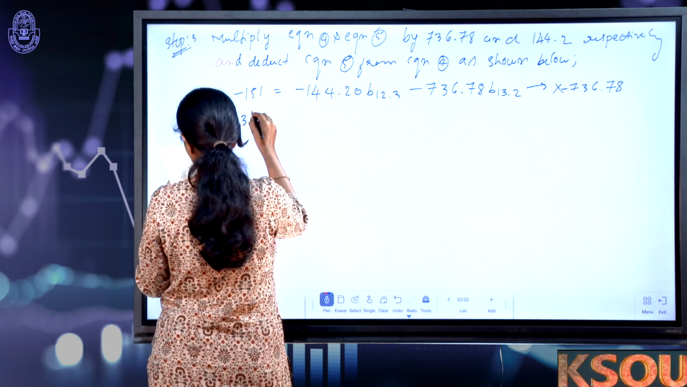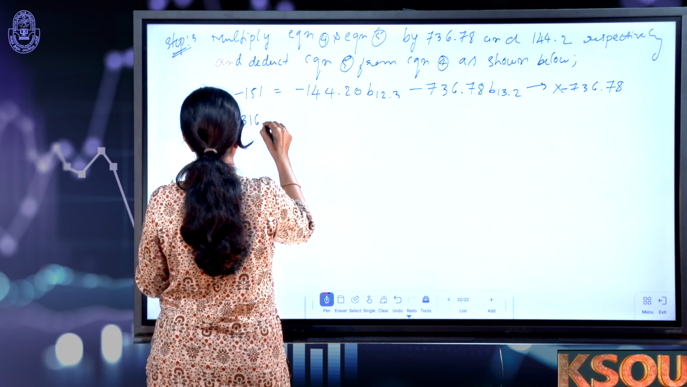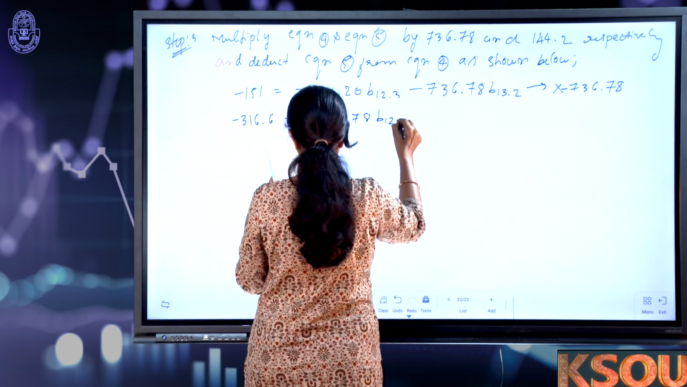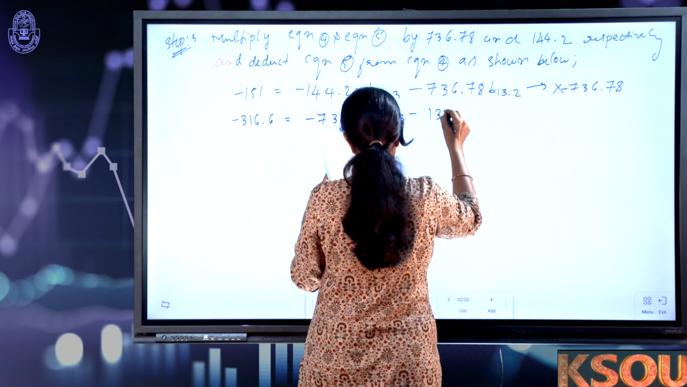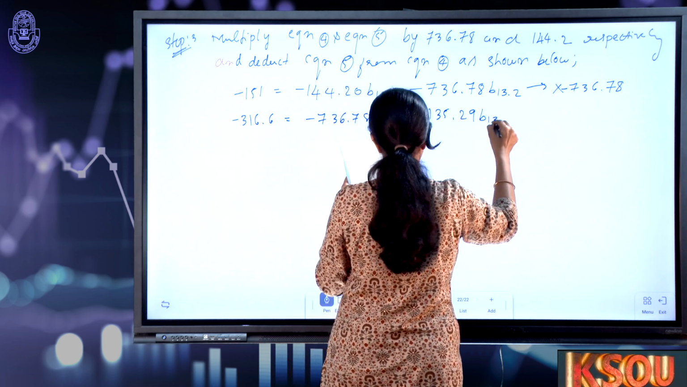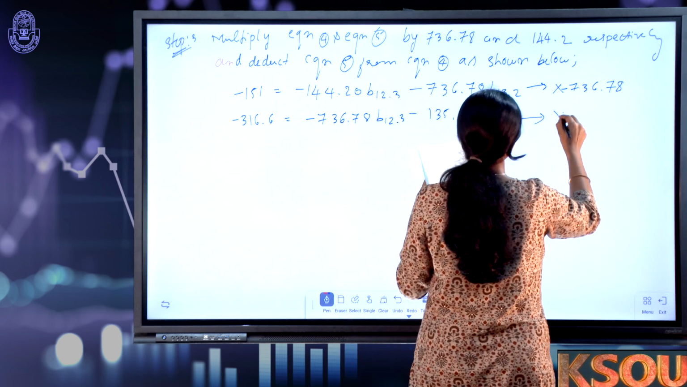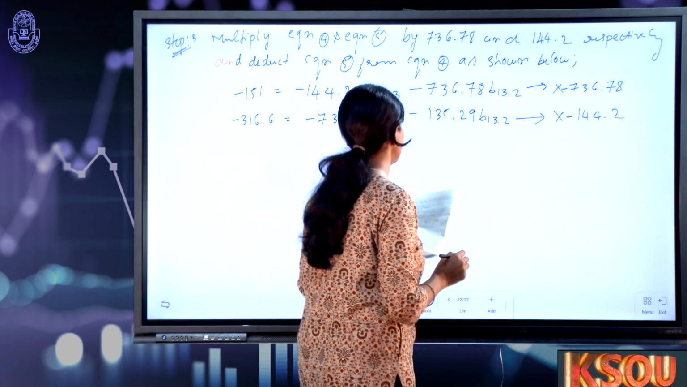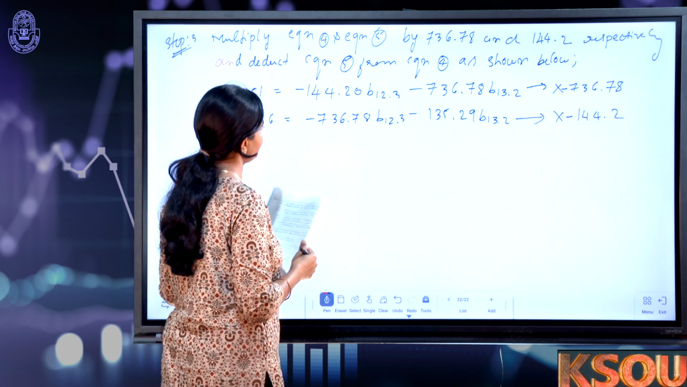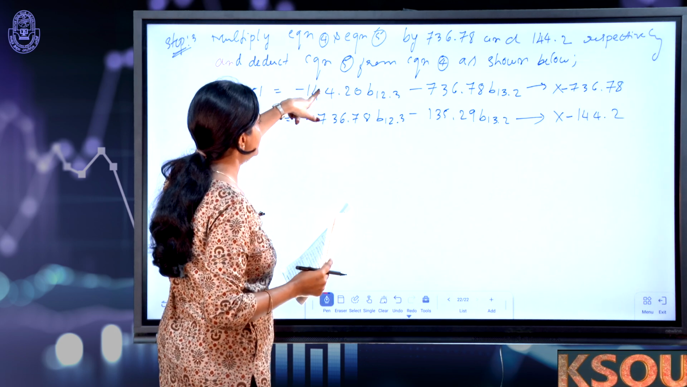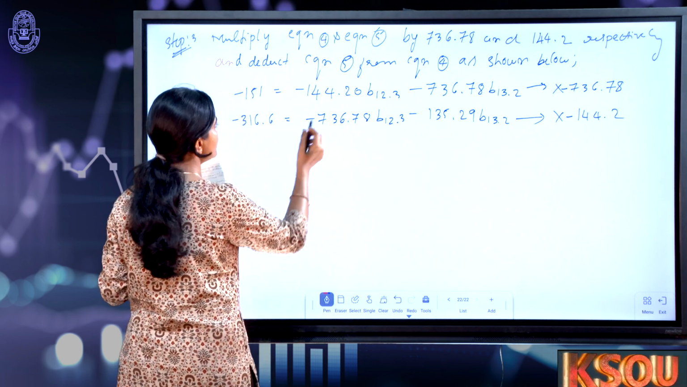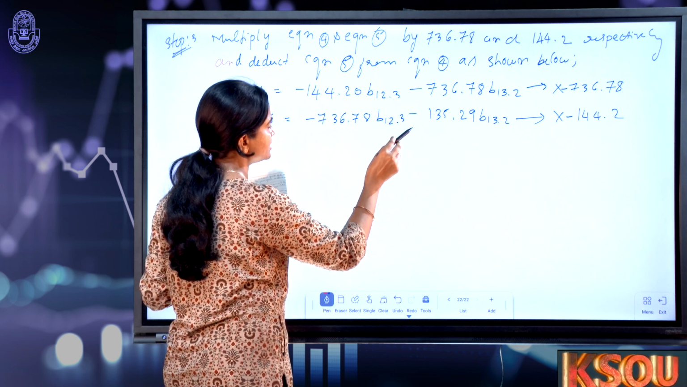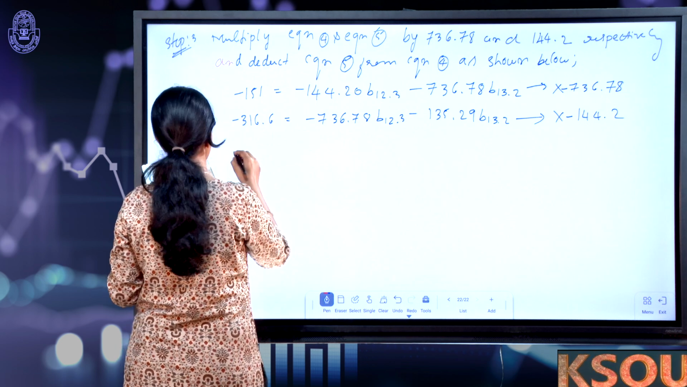So next is minus 316.6 is equal to minus 736.78 B12.3 minus 135.29 B13.2. Here also you will have to take 144.2, in addition to that, you will have to take minus sign here, then only you will get plus and plus, so that you can cancel these two. Okay, so now consider equation number 4 and multiply by minus 736.78. You should get the values like